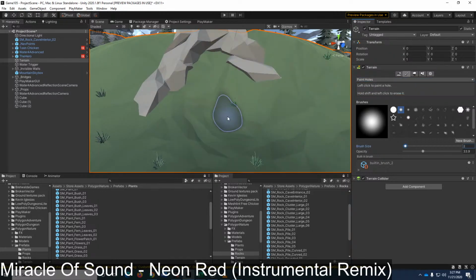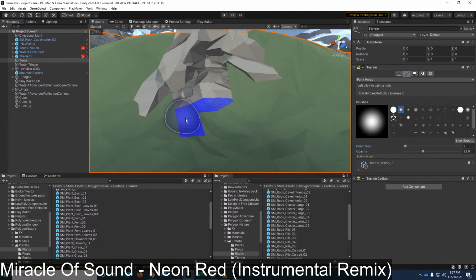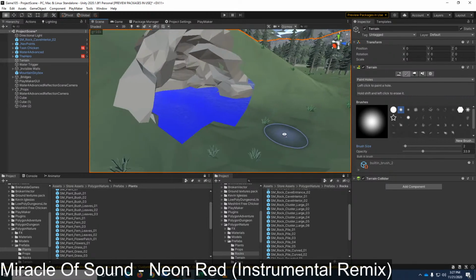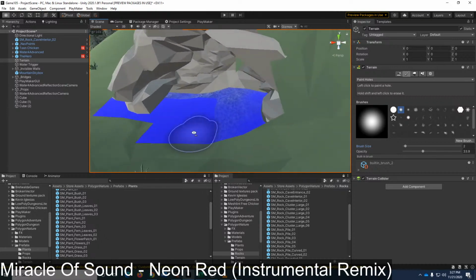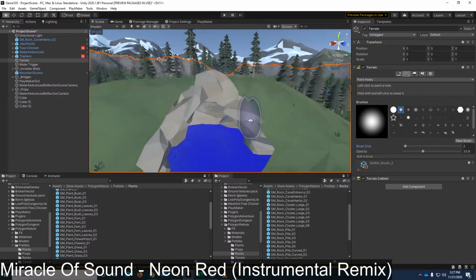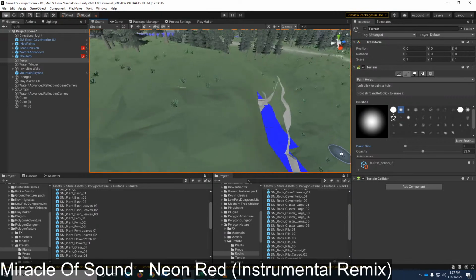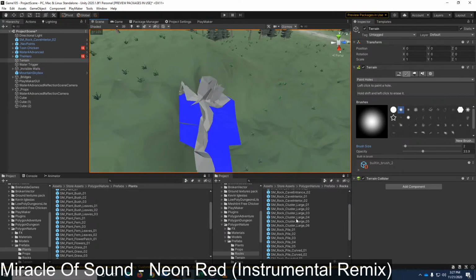Thank you, Unity, for finally giving us the ability to paint holes. Of course, I am going to have to put in some ground here, because now my ground is up above here. Ooh, and I need to put some rocks there.